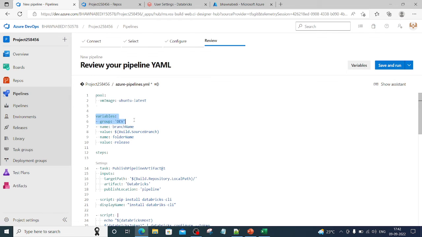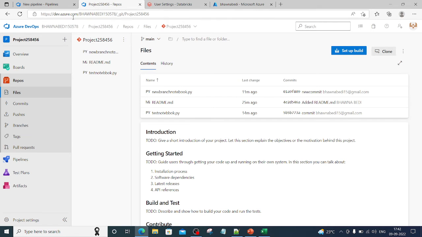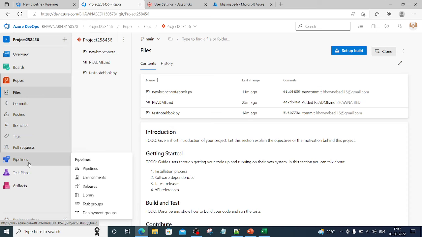And if you see this variable, you would say, Bhavna, we don't see any variable like Databricks host and token. No, it is not there. How we have kept it is, we have kept it in a group. Now you can see variable group dev. So if I go to this project, to the pipeline section